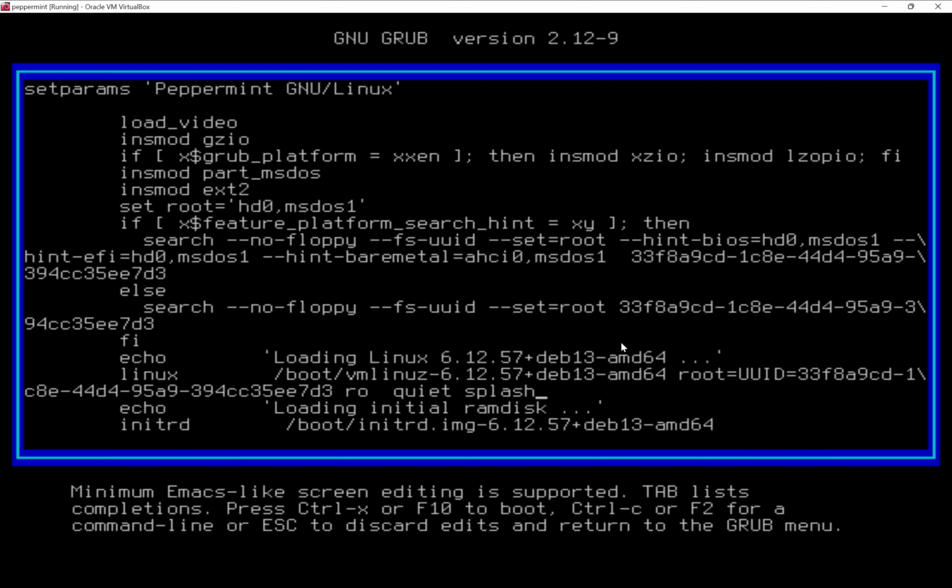type a small command. Just write rw init=/bin/bash. You can see here rw init=/bin/bash. Now you need to hit F10. As you can see here, minimum Emacs-like screen editing is supported, tab lists completions, press Ctrl-X or F10 to boot. Now we will boot it in the